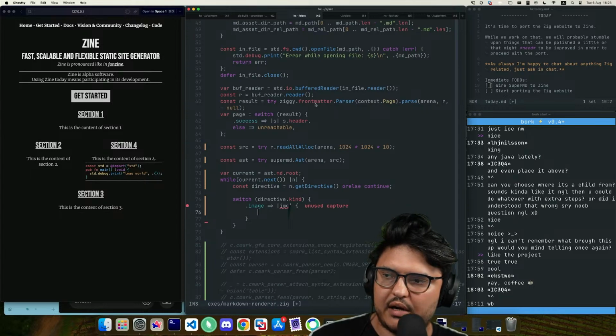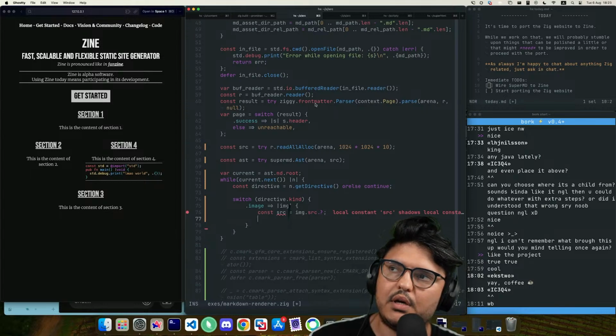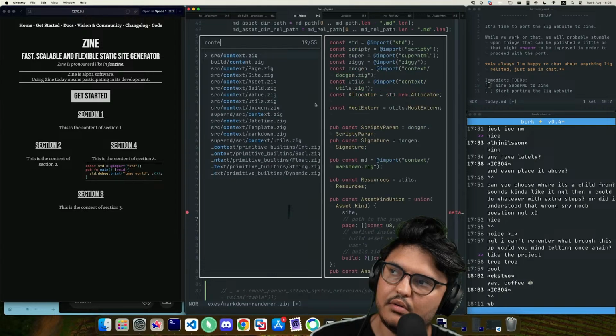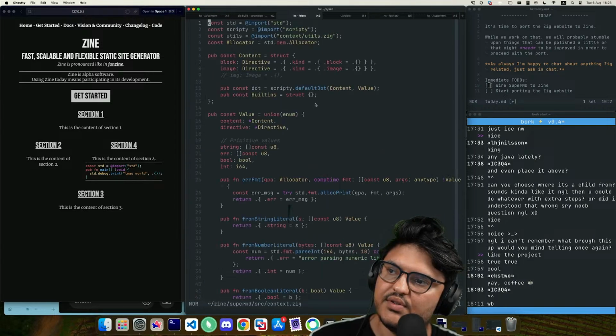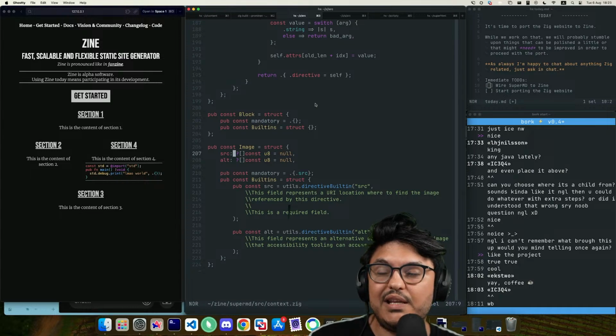Basically, for image, we care about its source, right? The problem is that now we are getting into the realm of designing these things more, because right now source is just a string, and we need this to be better.